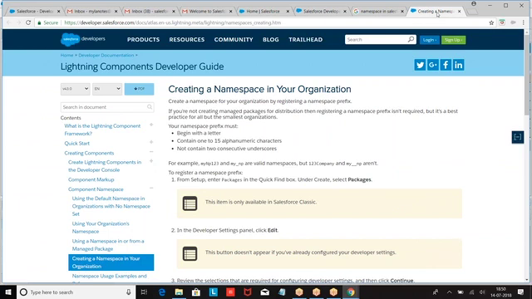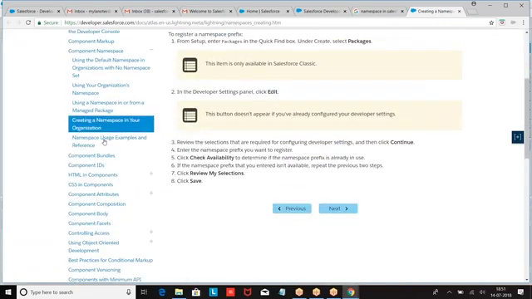So, if you are trying to deliver any application or functionality or component outside your organization using Lightning, then a namespace is a must. If you are building within your organization for internal purposes, a namespace is not mandatory. A namespace is not mandatory if you are using that Lightning application within your organization. If you want to deliver this application like a package to any other organization, then a namespace is a must. If you are using a namespace,